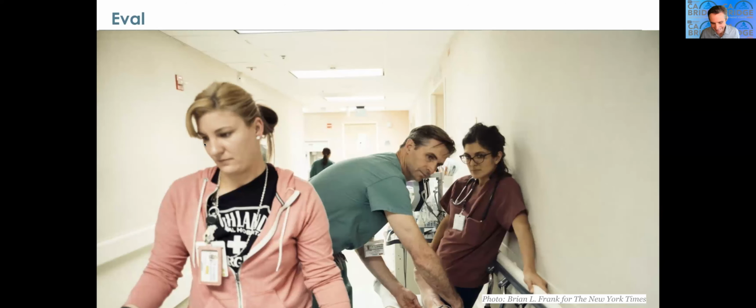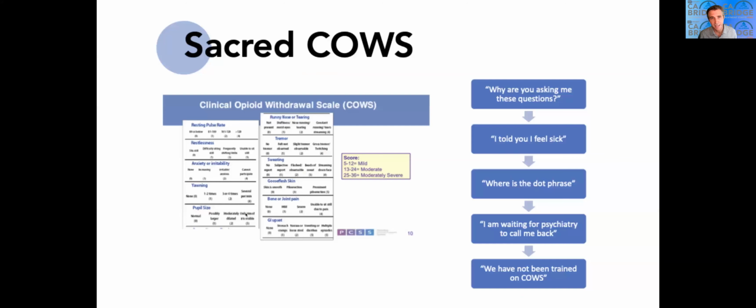So let's get into the nitty gritty. All right. So what do you do? How do you actually treat people? Evaluation. Well, first thing, COWS, you know, Wesson and Walter Ling. Walter Ling was an early mentor of mine, an amazing guy. And he's the first to tell you, this was not designed to determine if someone was appropriate for buprenorphine treatment in pragmatic clinical practice.